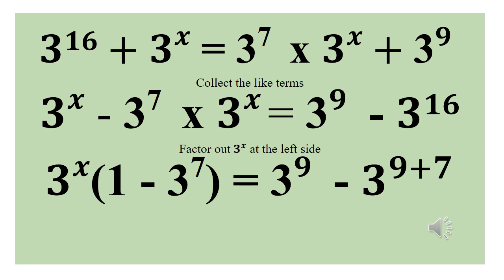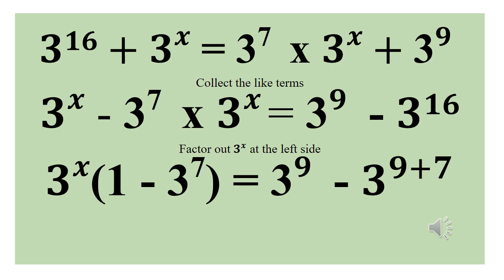Now we have 3 raised to power x. We factor out 3 raised to power x from the left side of the equal sign. If we factor it out, then we have 3 raised to power x and 3 raised to power x, that will be 1. Then minus 3 raised to power 7 times 3 raised to power x and 3 raised to power x again